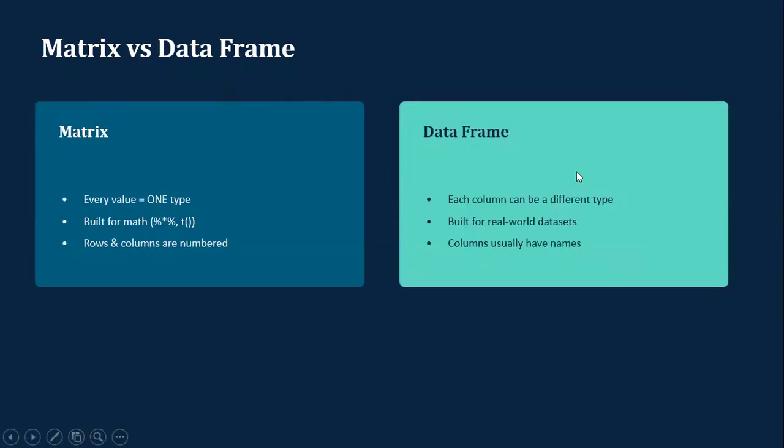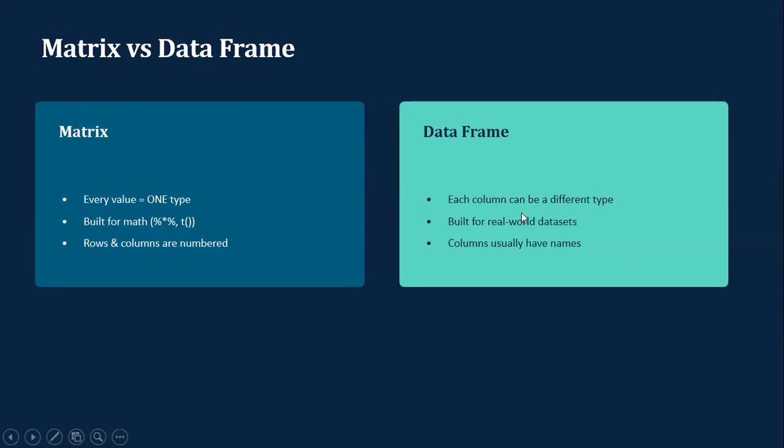Quick comparison to lock this in. A matrix: every value is one type. It's built for real math like %*% and t(). And rows and columns are just numbered. A data frame: